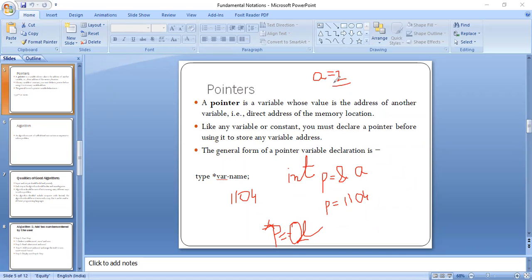So this is how we can make use of pointers. Pointers basically refer to the address of another variable. So we can have access to the address of that variable, and we can have access to the value of that particular variable. All right, if anyone has any kind of doubt so far, you can drop your query in the chat box.